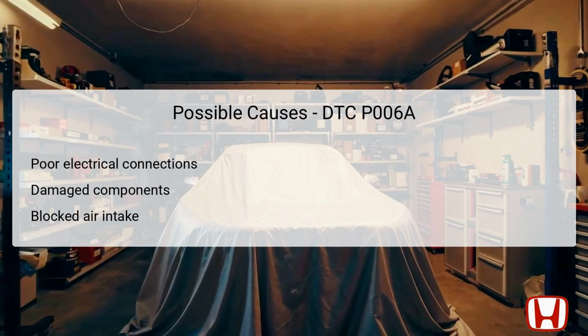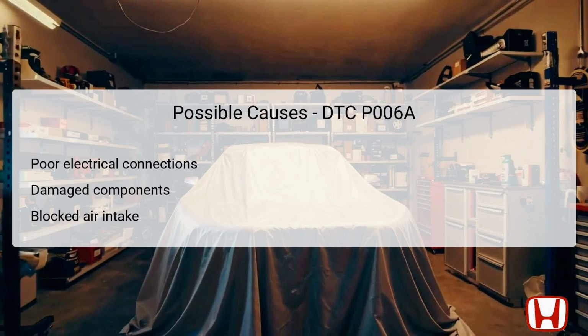The possible causes of DTC P006A include poor electrical connections that may disrupt the signal from the MAF sensor to the engine control module. Any damage to the MAF sensor or related components, including the wiring harness, can also be the source of this issue. Additionally, blockages in the air intake system, such as a dirty or clogged air cleaner element, can prevent proper airflow, disrupting the performance of the MAF sensor. Identifying these issues early on can streamline the troubleshooting process, ensuring that appropriate measures are taken to restore functionality to